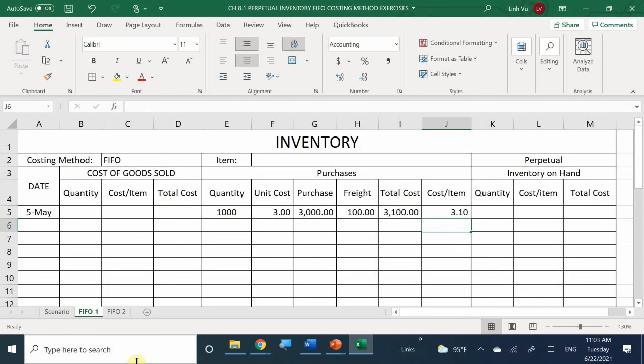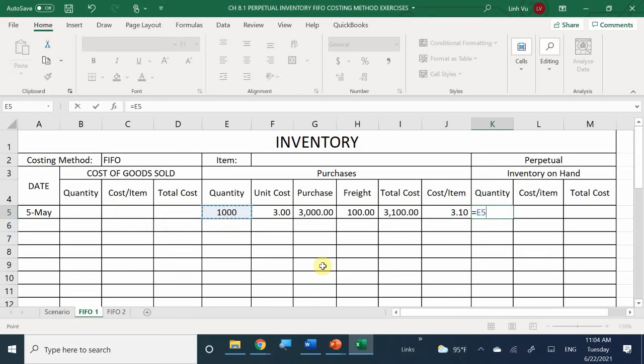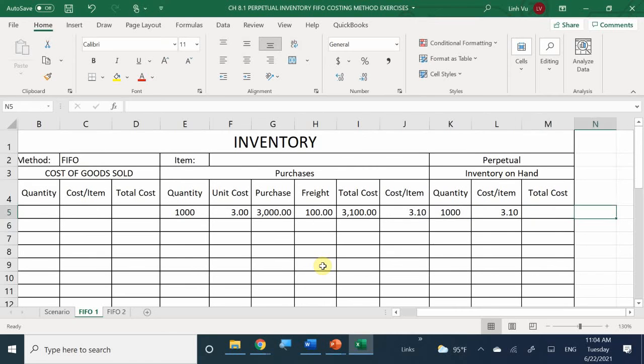So this is what I want you to do. Instead of cluttering your whole entire worksheet in the middle right here, I want you to transfer it into my inventory on hand. So this is the section on your far right where your goods available are going to be held, okay? This is how you know how many items you have on hand at all times. So I'm going to go ahead and transfer this amount. So I have 1,000 items, right? Costing $3.10,